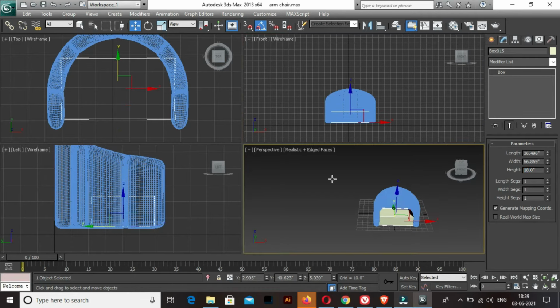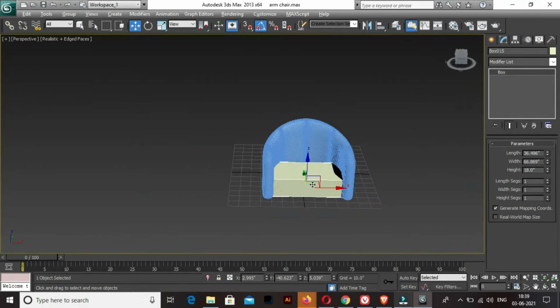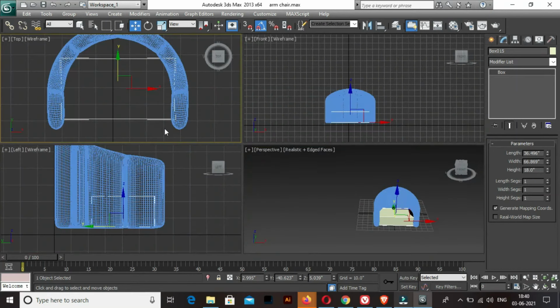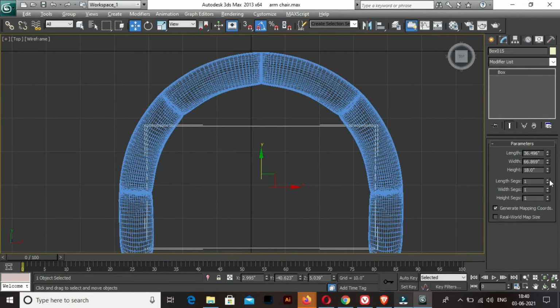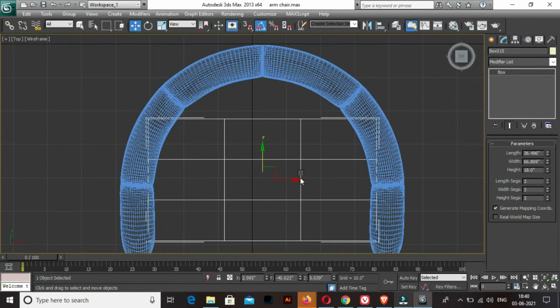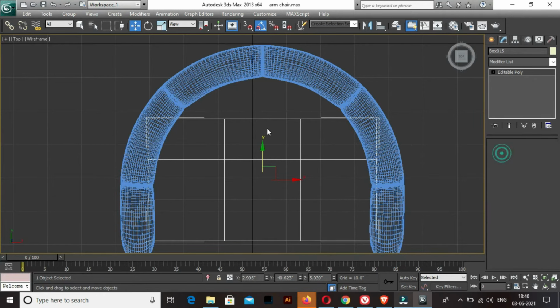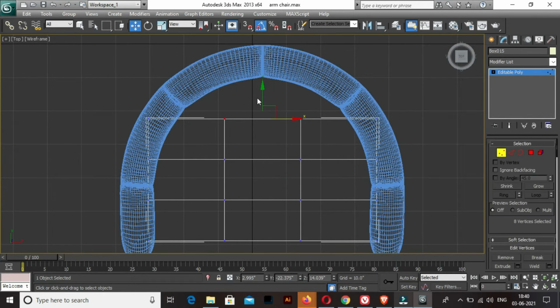And now I'm going to increase the number of segments, 3 in all the directions, 3 segments in length, width and height, and now I'm going to convert this box into editable poly, and then just select these vertices and then just move them and give this kind of shape.